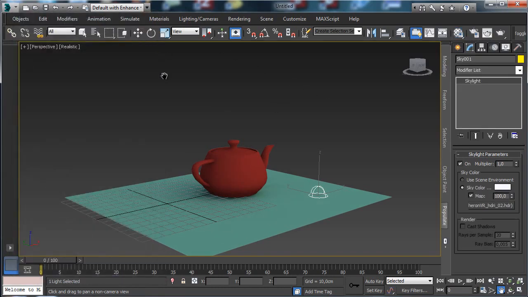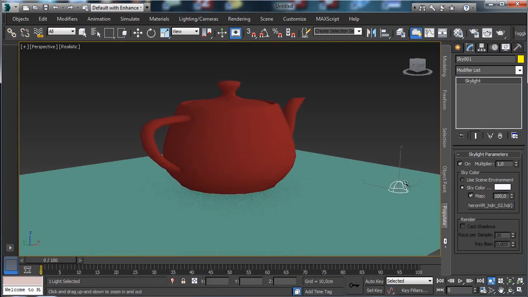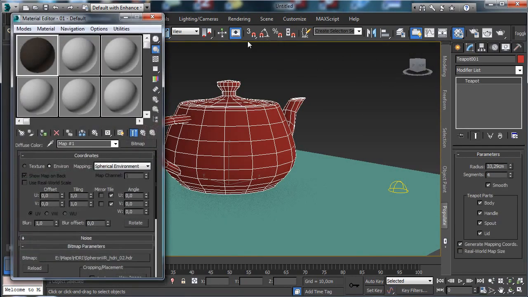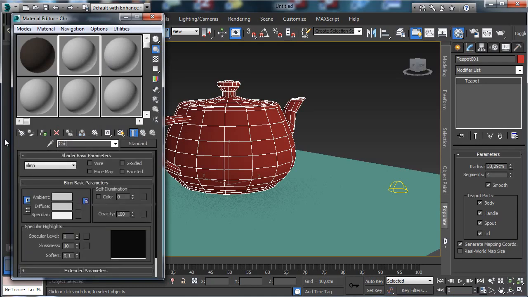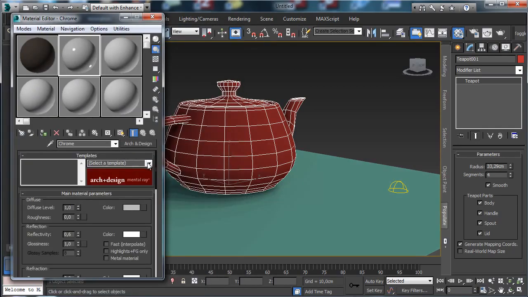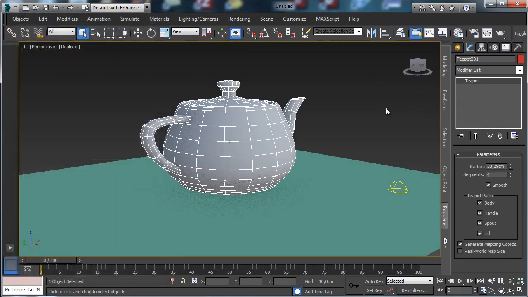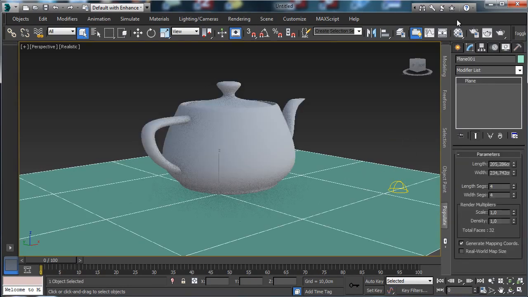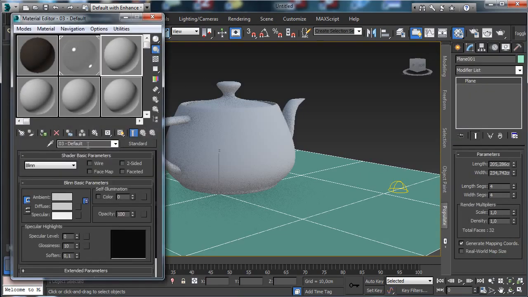And first of all, a really interesting thing is that we are using the HDR map to simulate the illumination also inside the viewport. So this one is the right illumination coming from this point of view there, and that's really interesting. Let's give, for example, to this one a chrome material, and let's do it using an Arch & Design. We use the basic template using the chrome, and we can assign it. Okay, so that's our object,